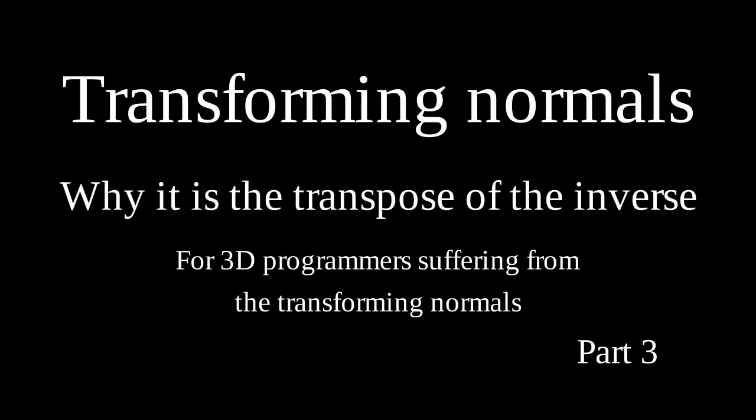Last time you found out the relationship between the basis change and the vector component change, but you still don't know how the normal component changes. A normal is related to a vector. Let's start with a vector v. You know the relationship, which is a normal function, n v equals d.